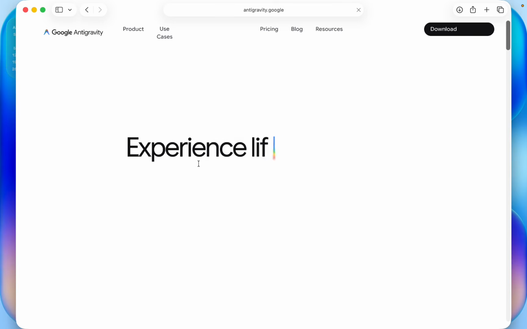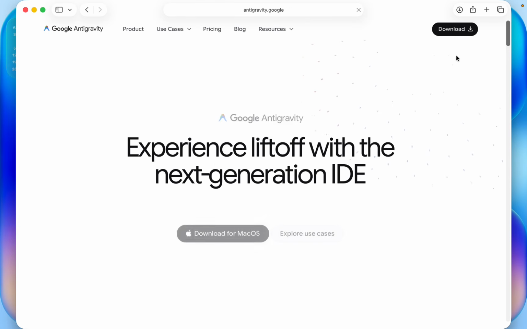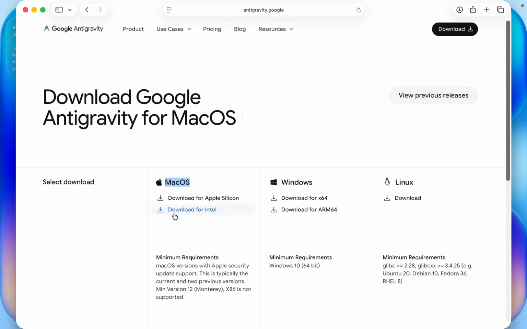At first we are going to download Antigravity. So this is the IDE. I'm using Mac OS in this case, so I'm going to select this one. In your case, if you're on Windows, you can select this x64. Okay, so I have already installed it. The installation process is simple. If you are on Windows, there will be a .exe file. You have to install this. That's it. And after that, we have to go for the